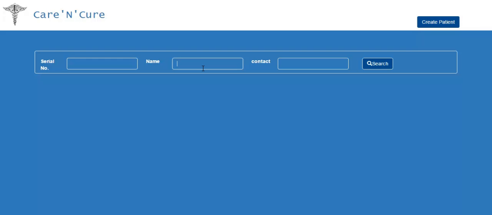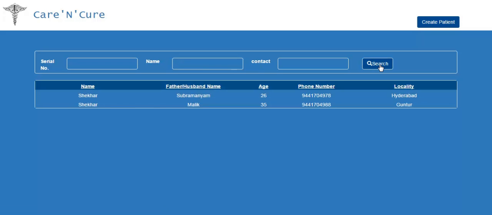So we can even search with his name. The problem here is we might not know exactly what the spelling of Shekhar is. It could be SHEKER or SHEKAR, but we might remember one thing, that it definitely starts with SHE and contains SHE. So just search with it. Then yes, of course, we have two Shekhar